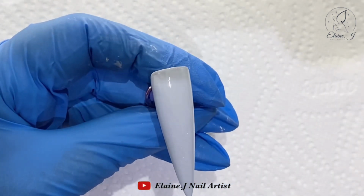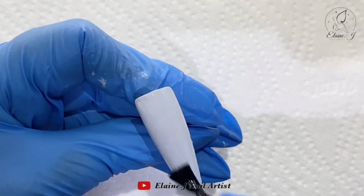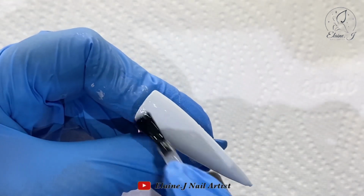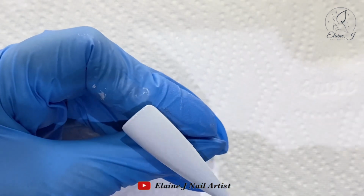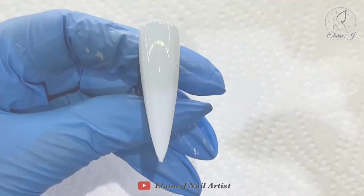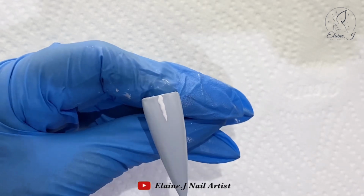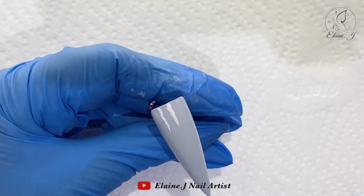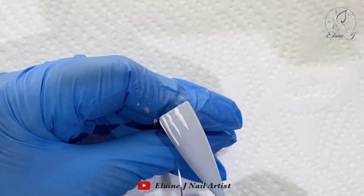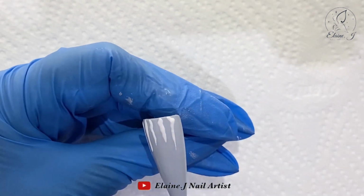Moving on to the next design, I've put 2 layers of the colour down and now I'm going in with a no wipe top coat because I'm using the Artisan gel paint as well from Nailchemy. It doesn't have a tacky layer, so that's what I like to do, top coat it and then do the design on top when I'm using the Artisan. And the best thing about that is if we make a mistake and we don't like it, wipe it off and start again. And this is just going to be some nice little snowy icicles just falling off the cuff